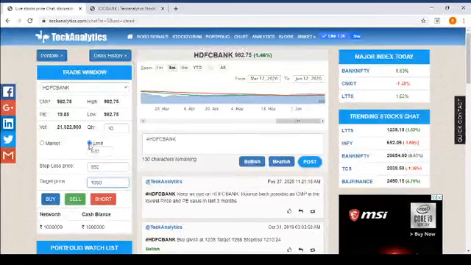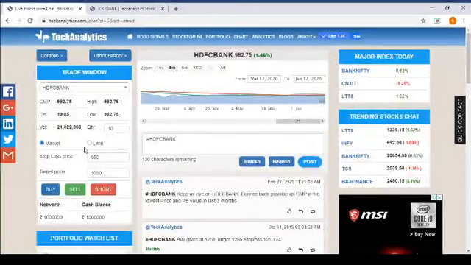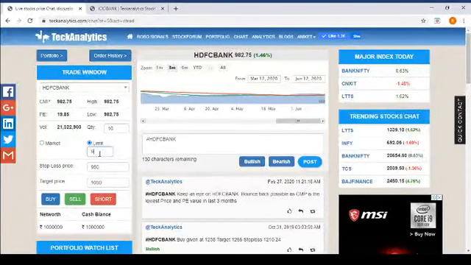Suppose instead of a limit negotiated price, I say market price. What will happen in that case? I'm still keeping 950 as my stop loss. I don't want to keep this stock if the price goes below 950, and I don't want to keep it if the price goes above 1050, because in that case I'll make money. But how much? Because you're buying at 982, versus the limit price, which is your negotiated price, let's say 975 or 950, whatever. This is just to explain.